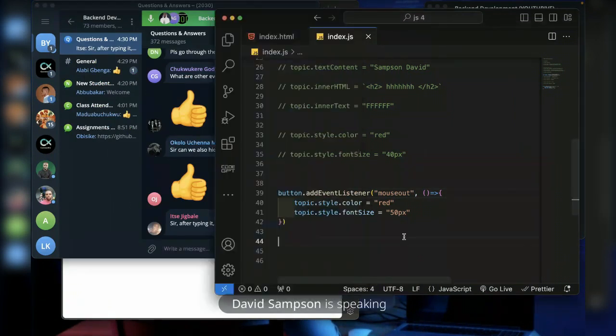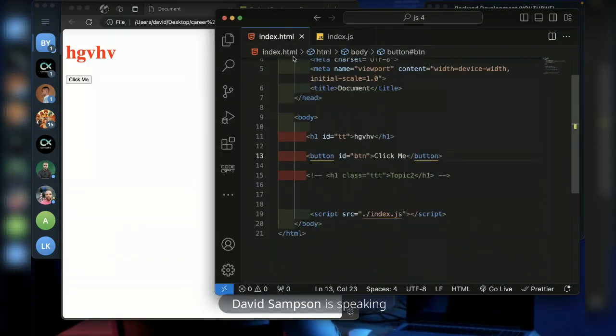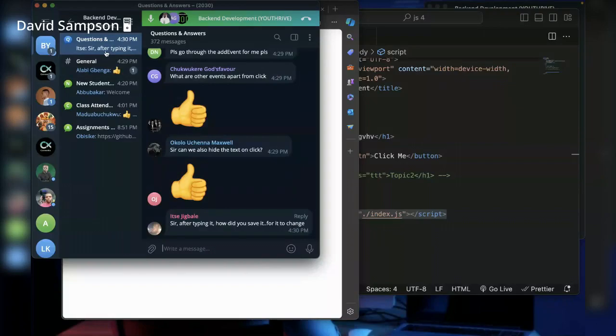Okay, now if you type it, you need to use Control S to save it, and that's how you save it. Now, in order for you to see it on your browser, the first thing you need to do is create your HTML, link the JavaScript in your HTML, and open this HTML with your browser. That is how you can actually type it, save it, and then see the changes.